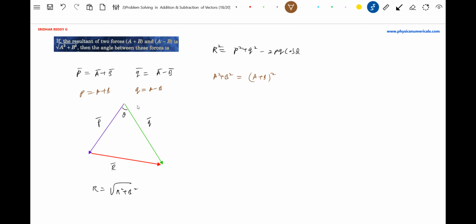So what are the two forces? Forces values are, I think, the magnitude of forces. What is the magnitude of P? It is A plus B. Again, what are A bar, B bar? Let's not bother. I'll take it out because he has not mentioned it. He didn't write A bar plus B bar. It was written only